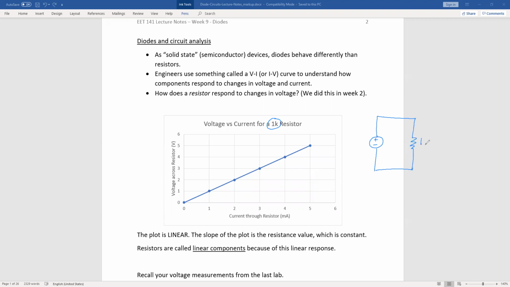This voltage source is variable, so it's going to have a bunch of different values. If we look at this axis right here, we've got values ranging from 0, going up 1, 2, 3, 4, 5, all the way up to 6 volts. So if we have, for instance, 3 volts applied to our 1 kilo ohm resistor, we have some current flowing through it, and by Ohm's law,